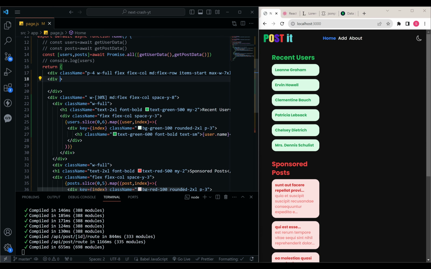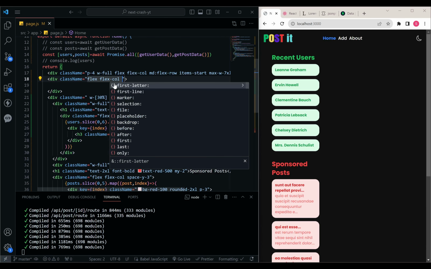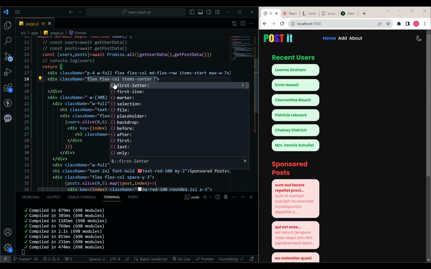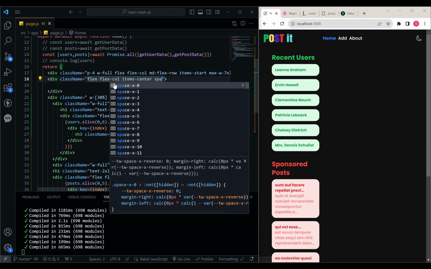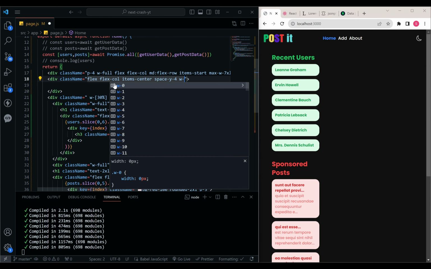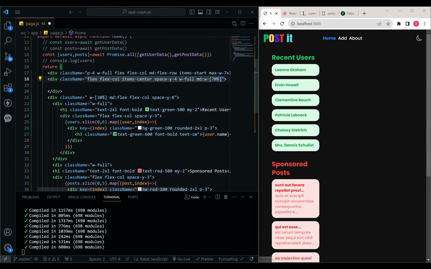Let's first add some classes to this div: flex flex-col, items-center, and space-y, let's say 4, and width full. And for medium screens, width should be 70%. Okay, now posts should be there,